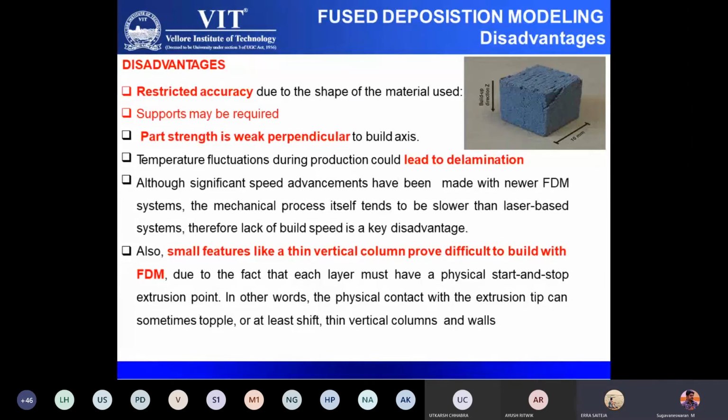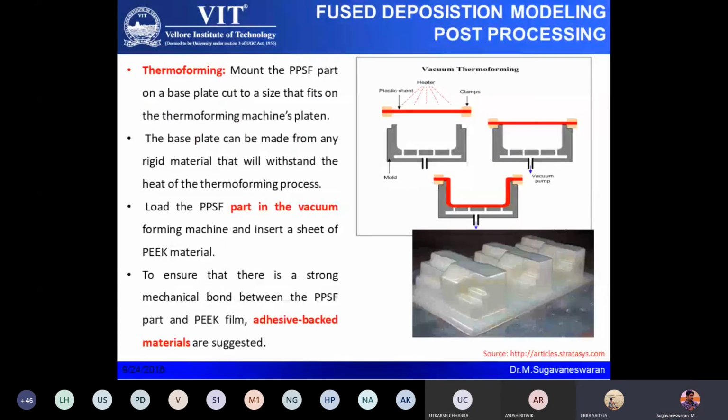Okay, sir. Again regarding thermoforming, how will we apply it to 3D printed parts, sir? Because as it's 3D, if we heat it... That is what, for example, in this case, thermoforming, if you have a part which has a melting temperature of 220 degrees Celsius, you have to select a sheet in such a way that it has a melting temperature of around 96. Again, that is less than 100. Again, you are not going to melt. You are going to apply a temperature at which it can easily deform, from rigid to viscous nature.